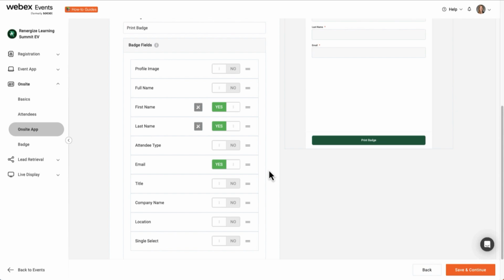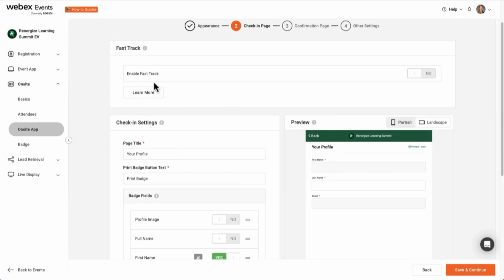It can be helpful to give attendees the option to edit their information without needing to ask event staff for help. Whether they're updating their new last name after getting married, correcting their pronouns in a custom question, or sharing their new job title after a promotion, this is an opportunity to empower attendees to be in control of their own information. It's important to note, choosing to show or hide a field in this section has no impact on which pieces of information are printed on the badge.